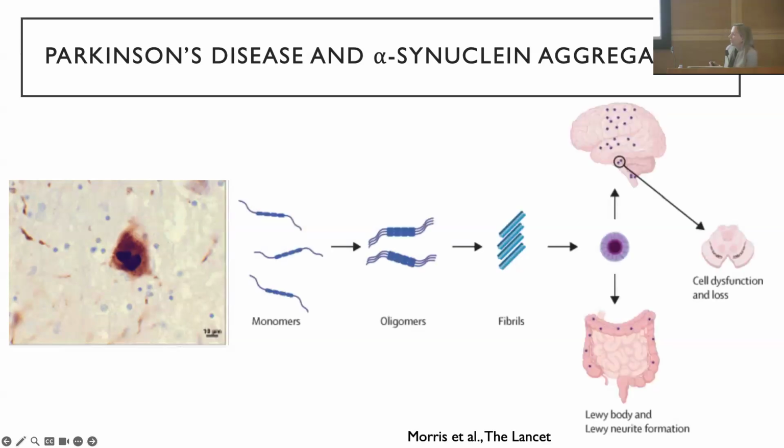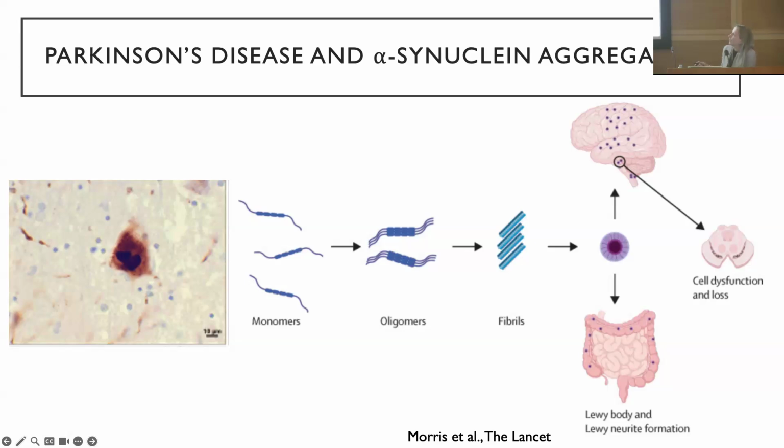One of the main components of Lewy bodies is a protein called alpha-synuclein. Despite having been heavily researched for many years, and we know lots about alpha-synuclein, I don't think anybody can say with any confidence that they know what its function is. At baseline, it also exists in what we call an intrinsically disordered state, so it doesn't have much of a protein structure. It doesn't have any of the secondary or tertiary structure that most proteins adopt.